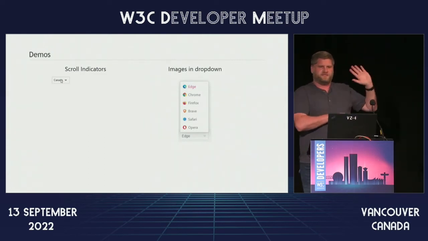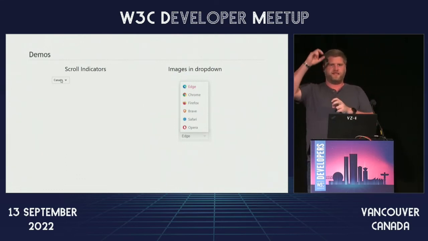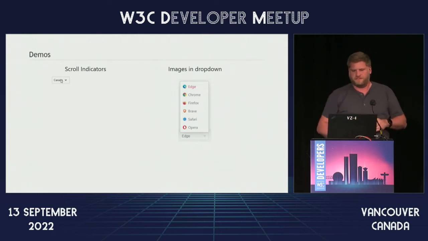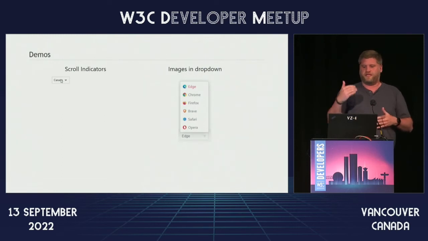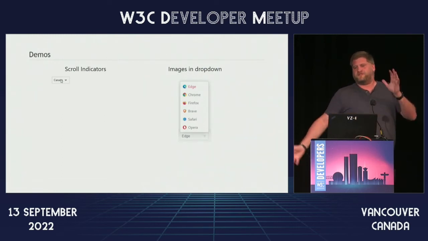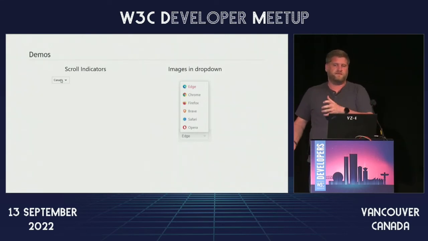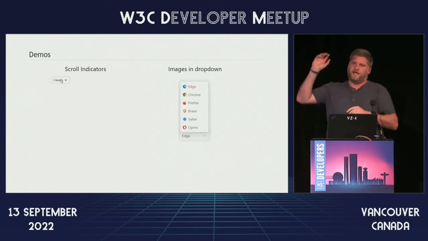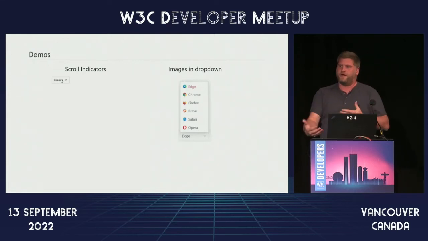The one on the left, if the video plays, we have scrolling indicators. We added in a slot that has mouse events, so that when you mouse over the arrows, it scrolls up versus scrolls down. Here, you're actually on the images drop down. We're showing that the images are right within. The options are no longer restricted to just text content. So you can insert really complex content within them. If you're thinking about when you're on Gmail or Facebook or Outlook and you get the person's avatar with their name and their title, those really complex layouts, that's now possible within select menu.